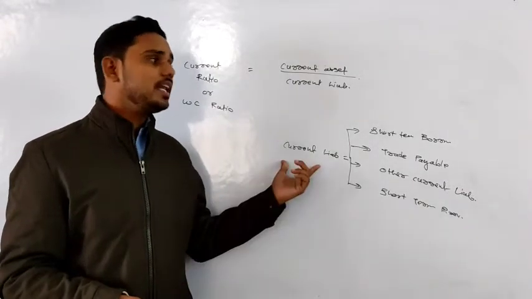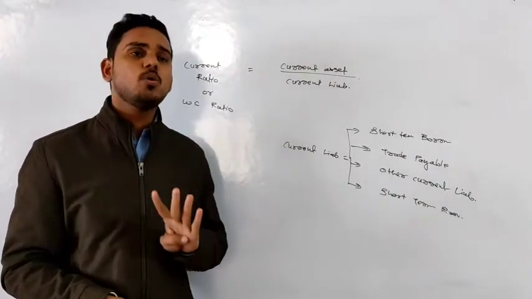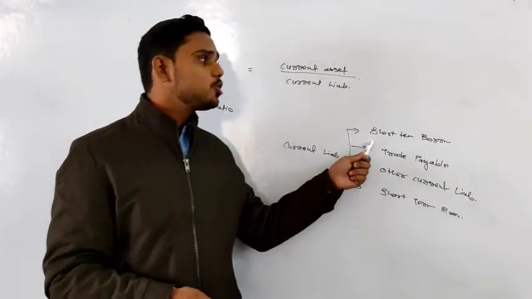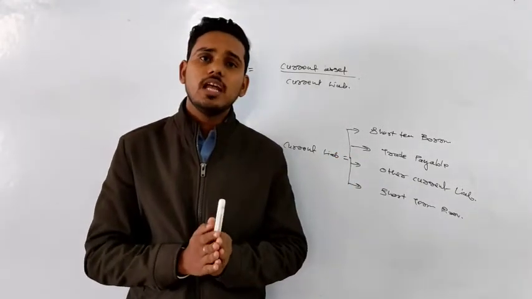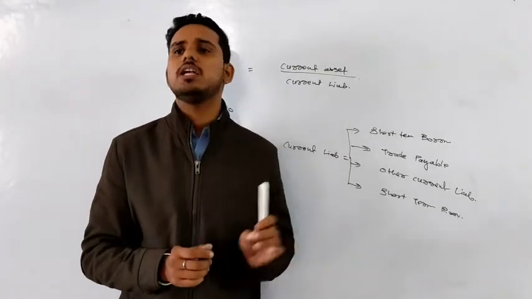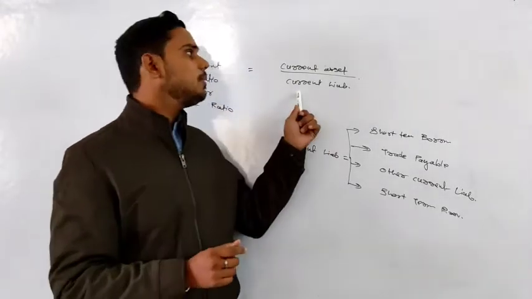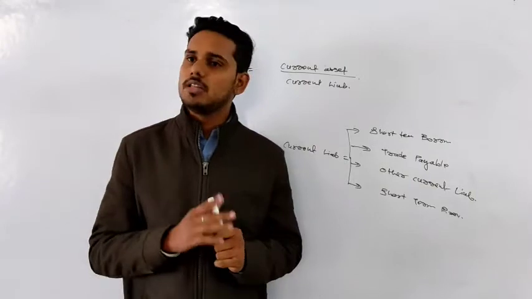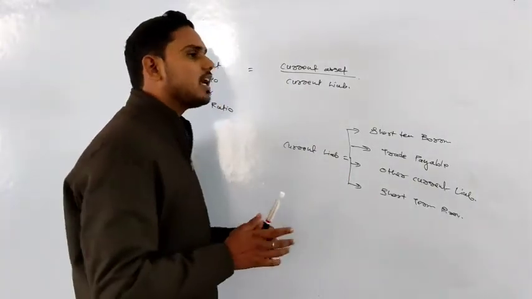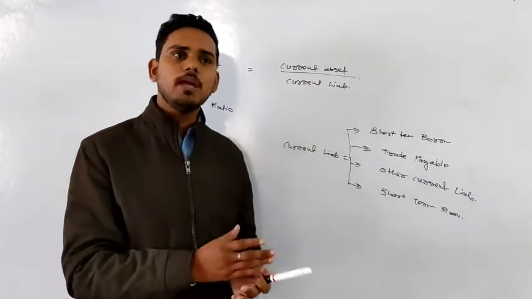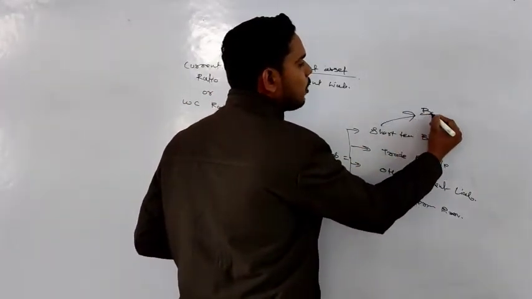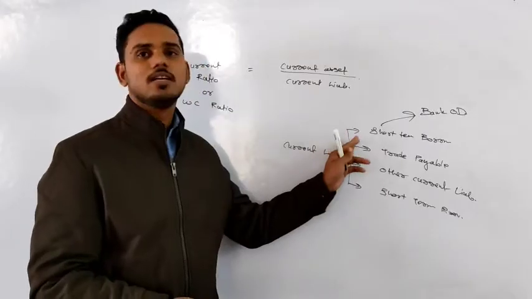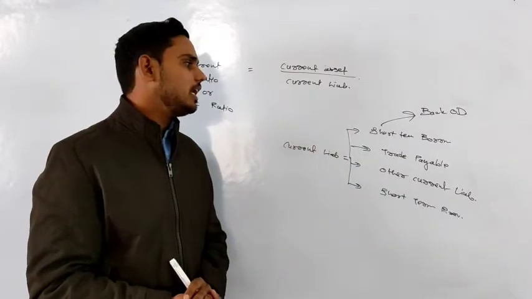We know that in current liability there can be four subheads. First one is short-term borrowing. Short-term borrowing means the loan which we have taken and which should be repaid within 12 months. Okay, current liability means any liability which we need to pay within 12 months. So short-term borrowing is a kind of loan which we need to repay within 12 months. For example, that can be bank overdraft. Right? That was our first thing on current liability.